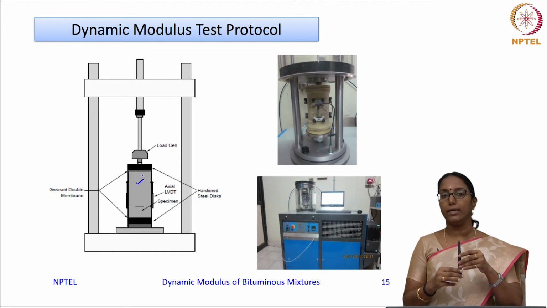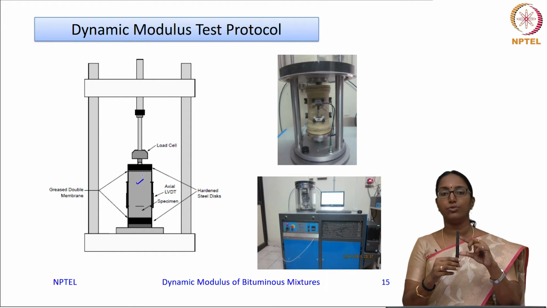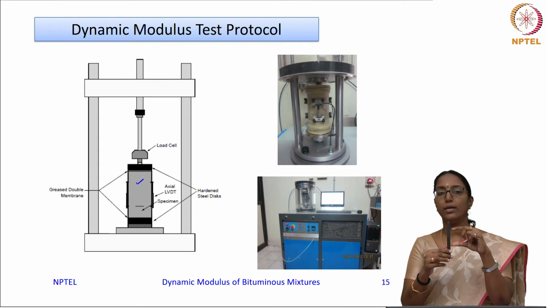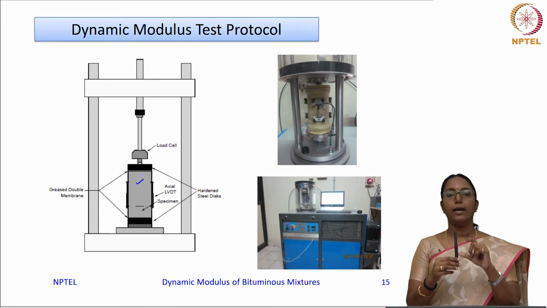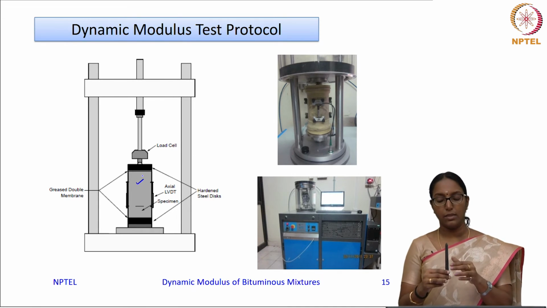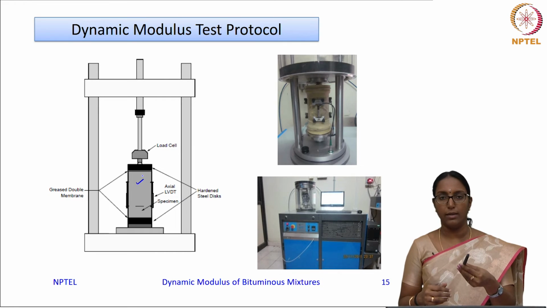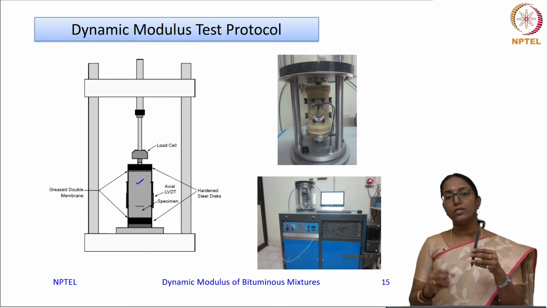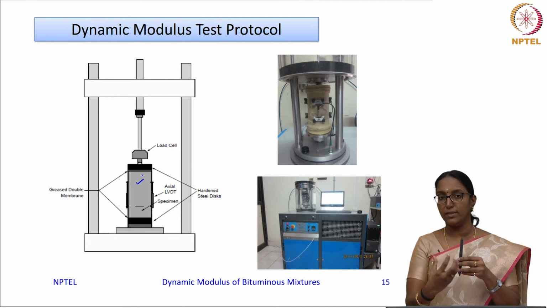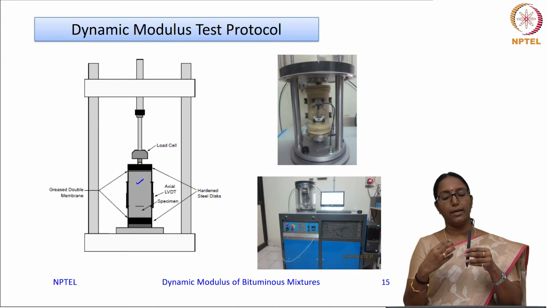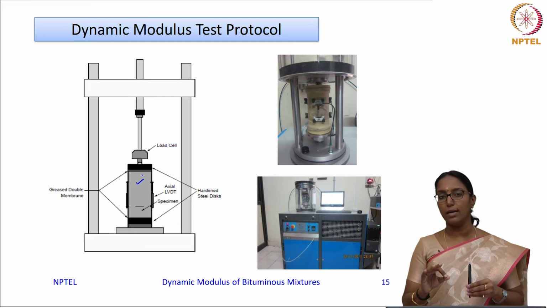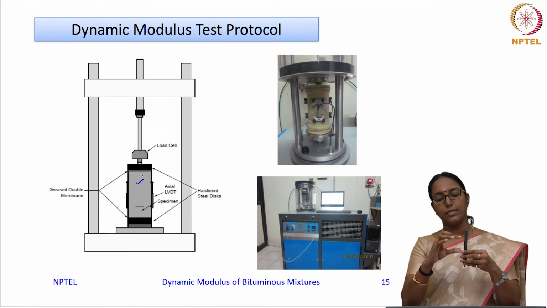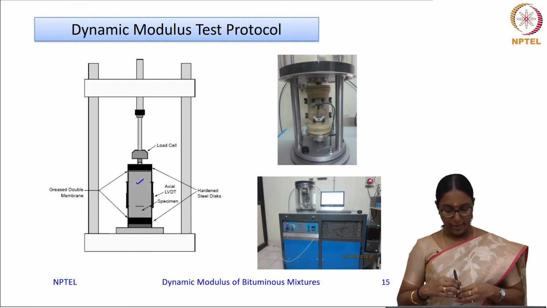So what is normally done is you connect LVDTs to the specimen at a particular gauge length in the center. Say for example 100 mm is taken as the gauge length and you connect 3 LVDTs because it's a very heterogeneous material and the response in all the directions need not be the same. So it is required that you collect responses at different locations and average it out. So you use 3 LVDTs which will be connected on the specimen at 120 degrees apart.